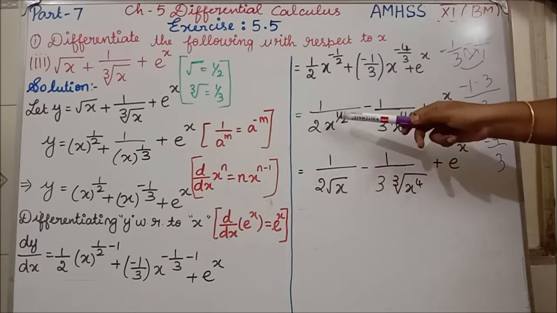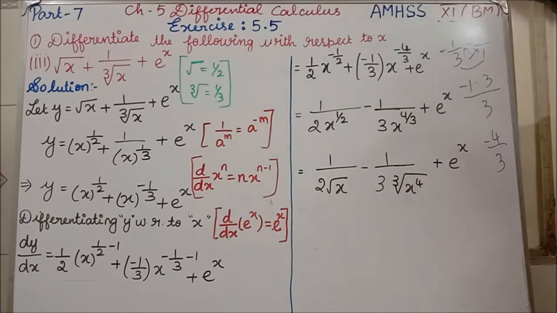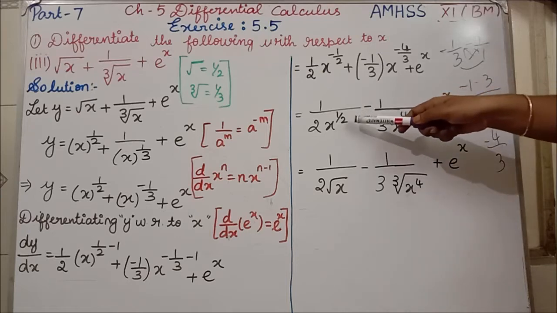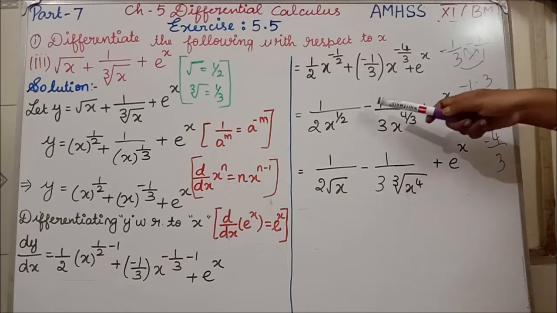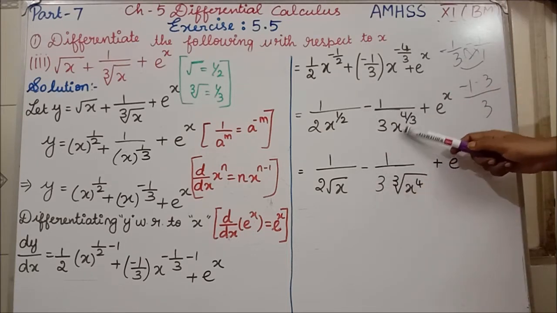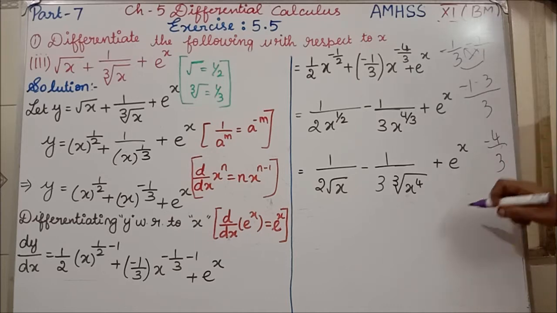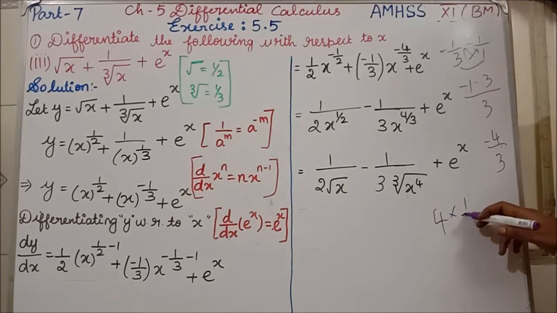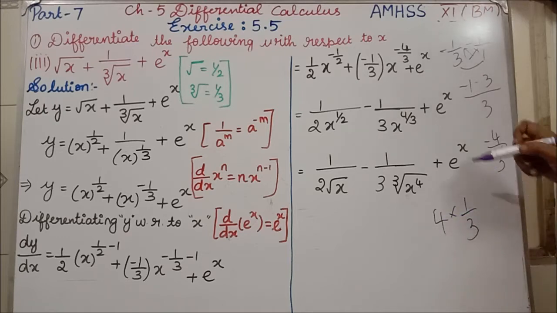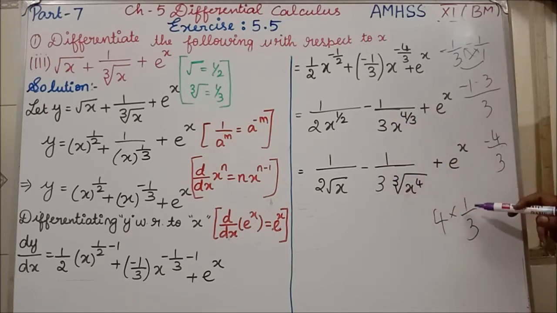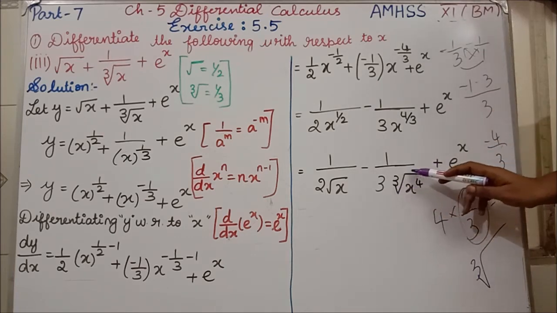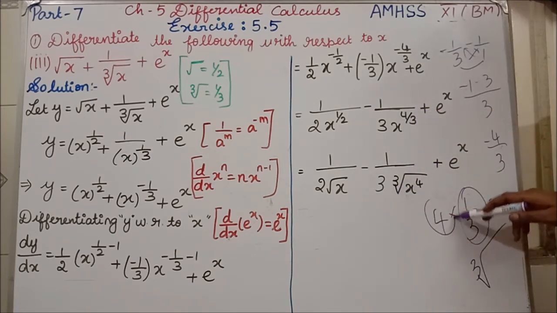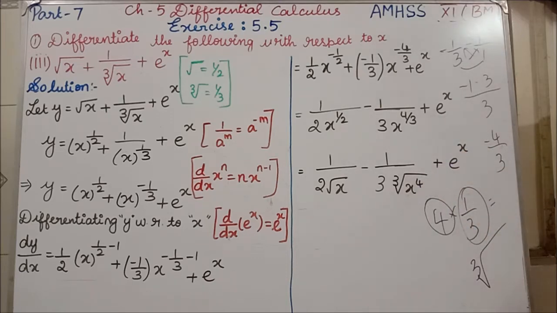1 by 2. What does 1 by 2 mean? What I have written? It represents square root. So 1 by 2 means square root. So in the next step we are writing square root of x. Here minus 1 by 3 x 4 by 3 we are having. 4 by 3 means what? 4 by 3 means 4 into 1 by 3, isn't it? So 1 by 3 means what I have told you? It is the cube root. So I have written cube root of. So 1 by 3 went. Remaining is what here? 4. So x power 4. Clear?